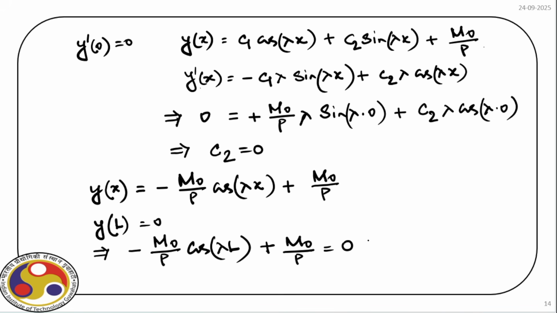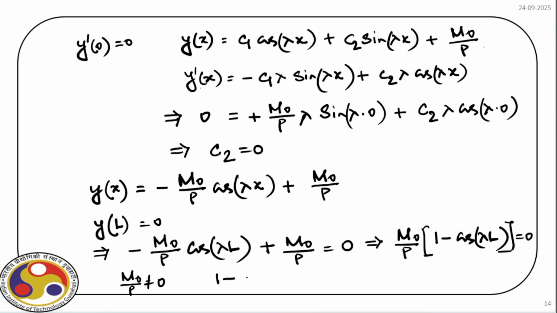Or in other words, we have m0 by p times one minus cos lambda L is equal to 0. Now obviously m0 by p is not equal to 0 and therefore we have 1 minus cos of lambda L is equal to 0. So this is the characteristic equation